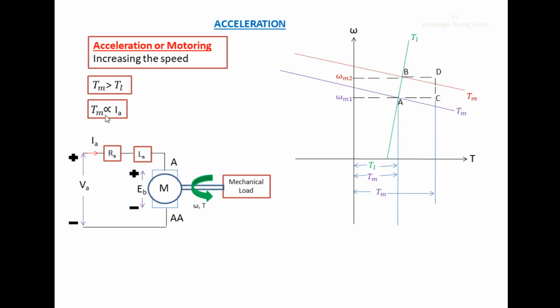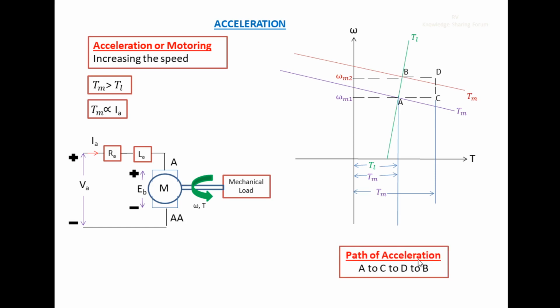So when the motor torque increases, obviously your motor torque becomes greater than the load torque. See here, this is our new motor torque when we are increasing the armature current. That means from here to here we have increased the motor torque by means of increasing the armature current. Therefore, our new motor torque is this and our load torque is this. If you compare these two, our motor torque is greater than the load torque. Therefore, this condition is achieved. When this condition is achieved, obviously the speed of this motor will increase from omega m1 to omega m2. That means we have increased the speed from this point to this point by means of increasing the armature current, through which we have increased our motor torque.